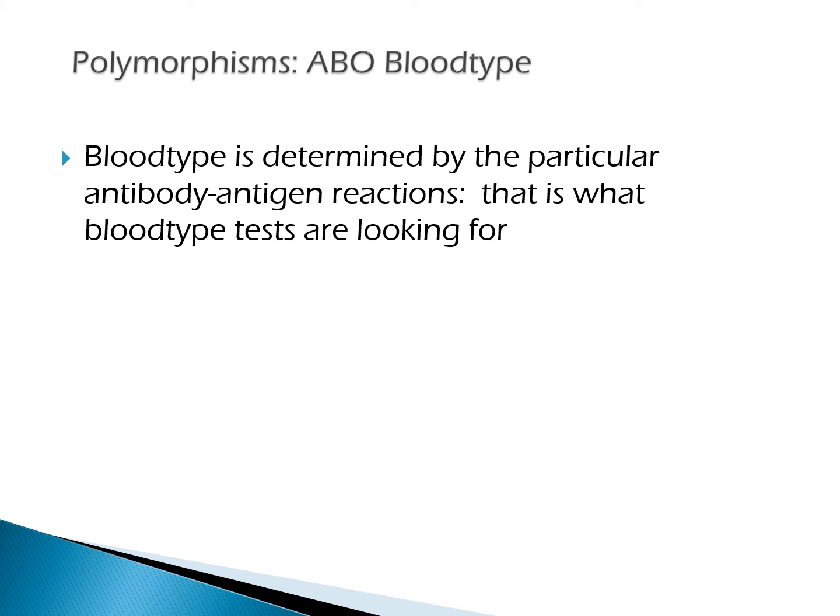All right, so when you get a blood type test, what are they doing? They are looking for an antibody-antigen reaction. They take a drop of blood, put it on the slide, put another drop of an agent on there, and see if your body reacts. If your body reacts to what they added, then it means that what they added is not you. If your body doesn't react, then it means that that protein is considered friendly or typical.